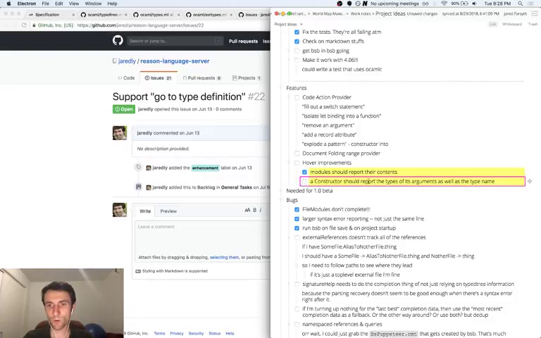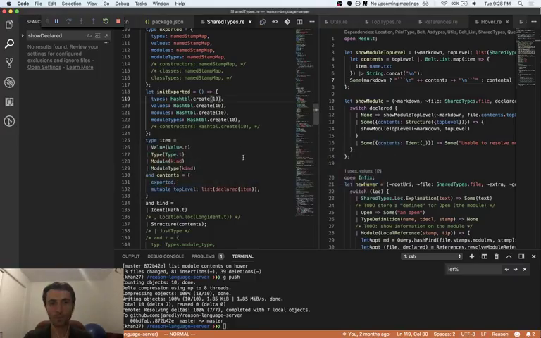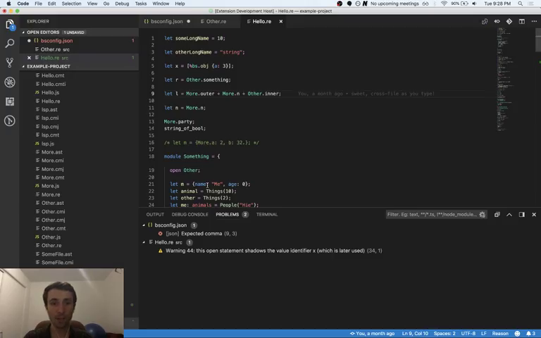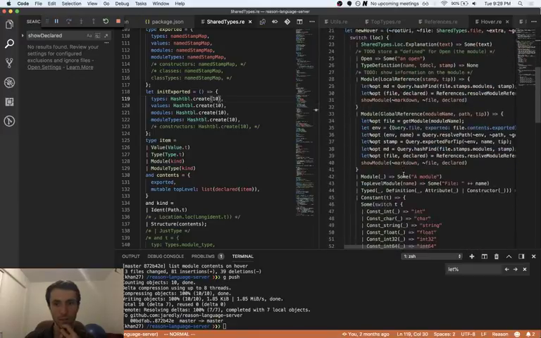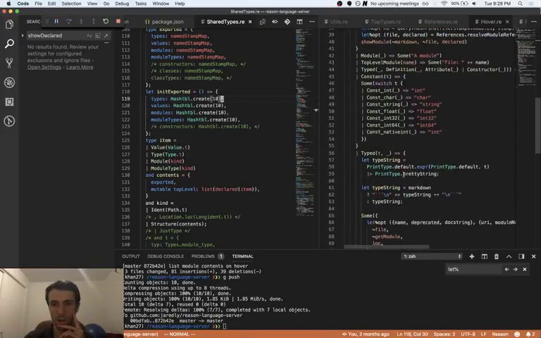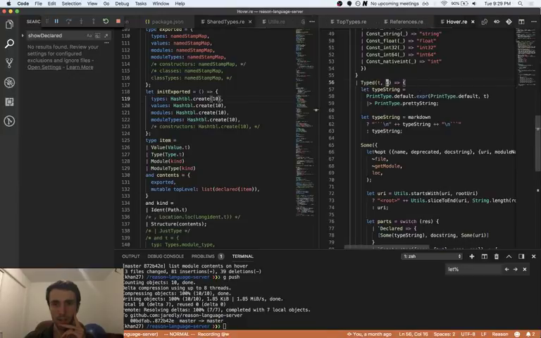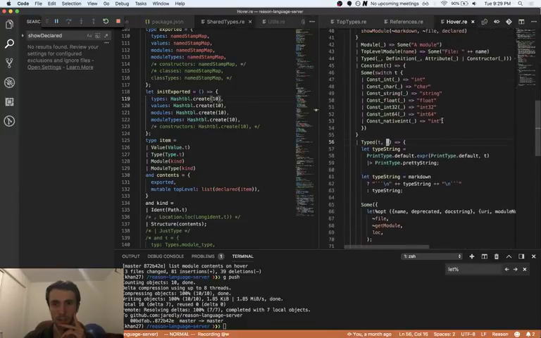A constructor should report the types of its arguments as well as the type name. Yeah, so I'm hovering this. I want to know what are the types of arguments, especially if I'm in a pattern. So let's see if we can do that. So hover on a typed thing,